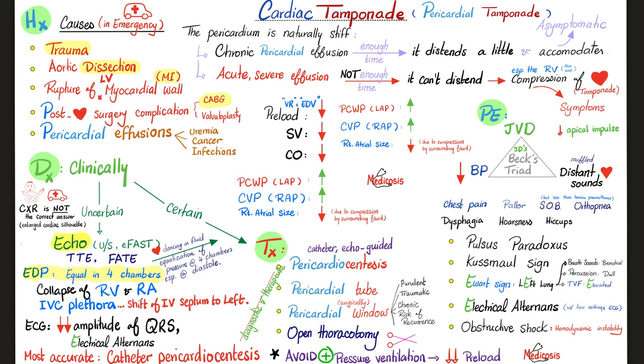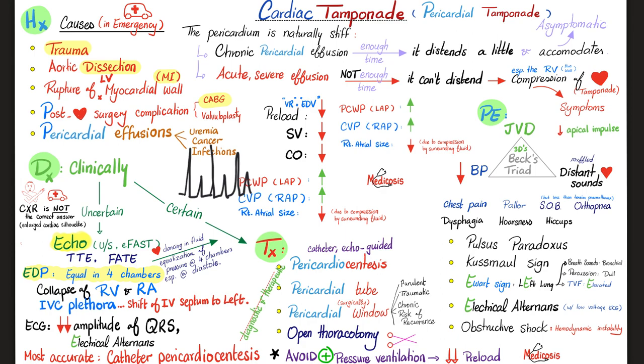What will I see on EKG? Electrical alternans. What else? The QRS amplitude is shorter than normal, even the one that seems taller than the next one. So we see big and small and big and small. Even that tall one is not as tall as it should be. Why is it shorter than it should be? Because I have all the fluid around the heart coming in between my heart muscles and the electrode on the